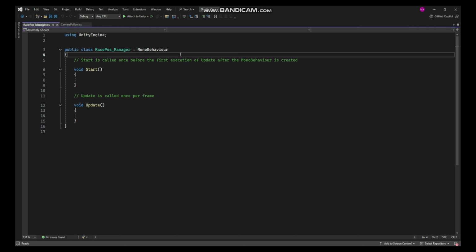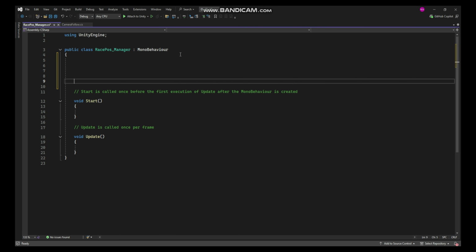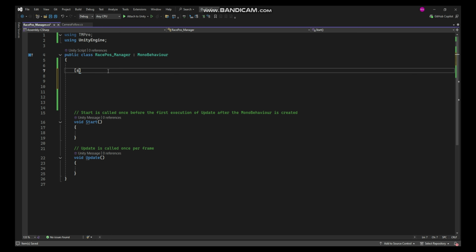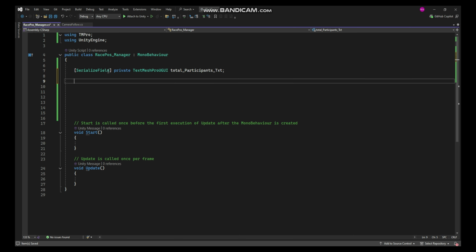First of all, I want to display the total number of racers on the UI. For that, I need a reference to a TextMesh Pro UGUI component. So let's create a serialized private TextMesh Pro UGUI total participants text. The serialized field attribute allows me to assign the UI text directly from the inspector, even though the variable is